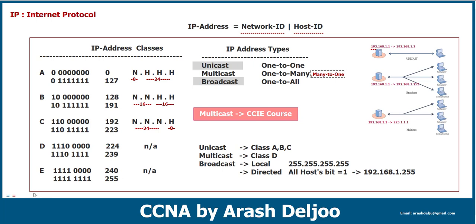Let me show you. Here, as you can see, we have 3 systems and I'm going to send traffic to these 2 systems. I can assign this class D IP address. You know that 225 is in the range of class D. Okay, 225, and we can assign this IP address to these 2 systems. Because of that, as you can see, the server can